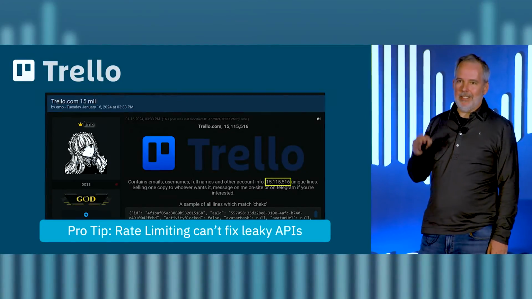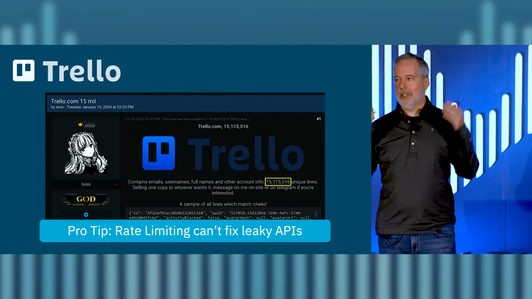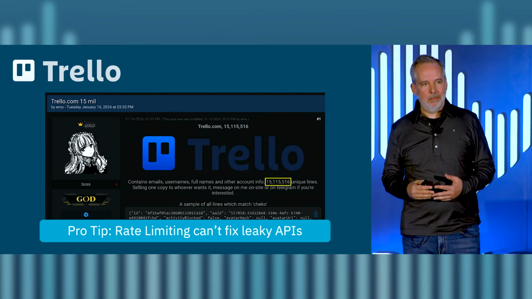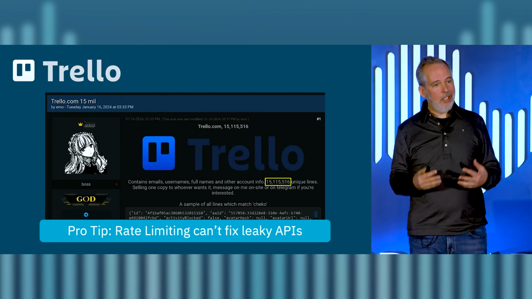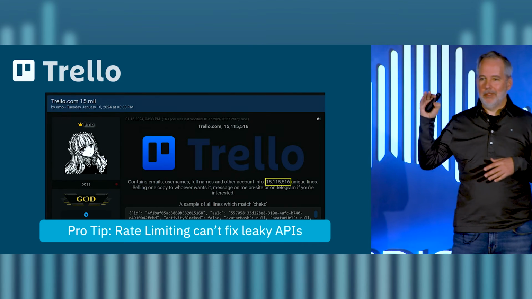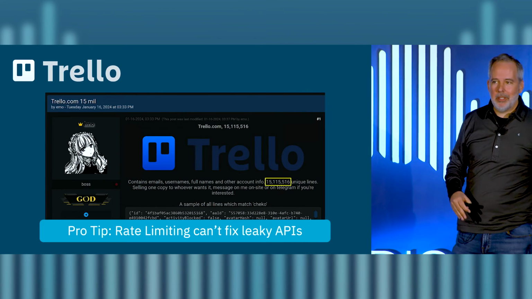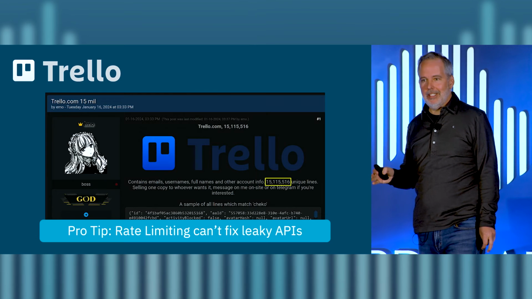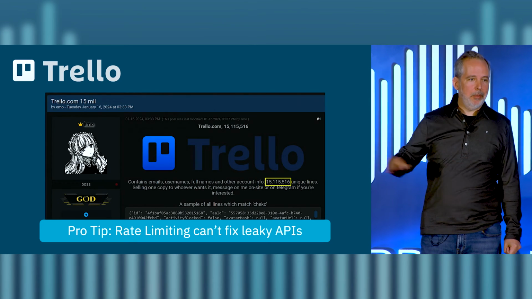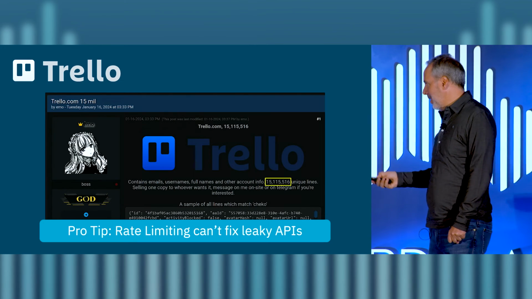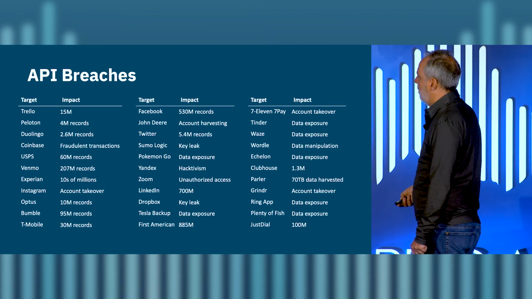Now, what's remarkable here is the 500 million. How did that not ever get noticed? And they talked about it: we had a WAF in place, we had rate limiting in place. And it just points out that rate limiting is a must-have, but it is not a silver bullet. Attackers are clever. They're going to find ways, use proxies and rotate IP addresses and do all these techniques, throttle their own requests. Maybe this took months to pull off. So there's your pro tip there. All right.